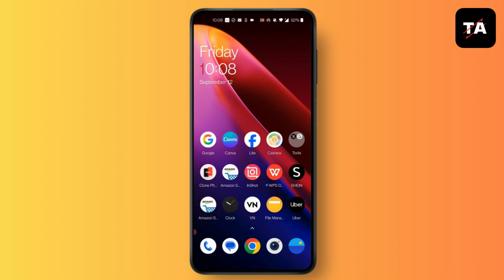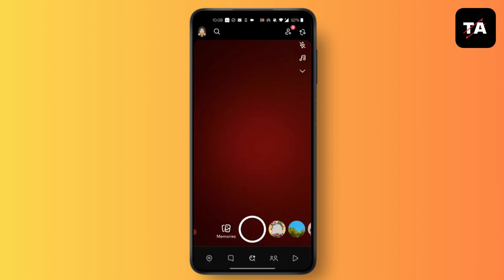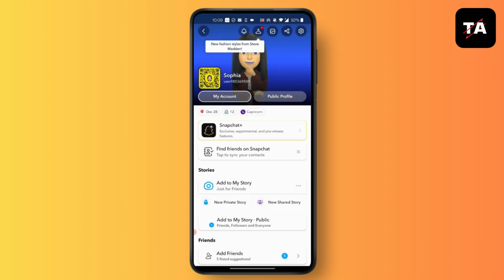Let's jump right in. First, open Snapchat on your device. Make sure you're logged into your account. Then, click on your profile at the top left corner of your screen. Then click on the gear icon at the top right corner of your screen, which will lead you to this